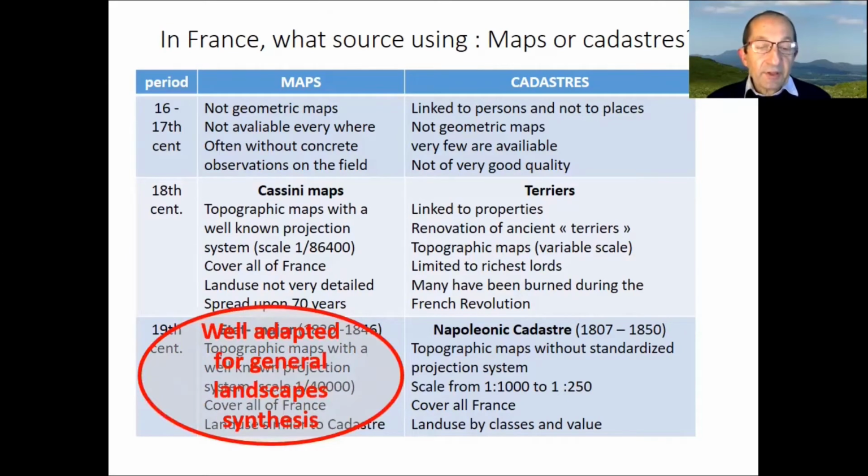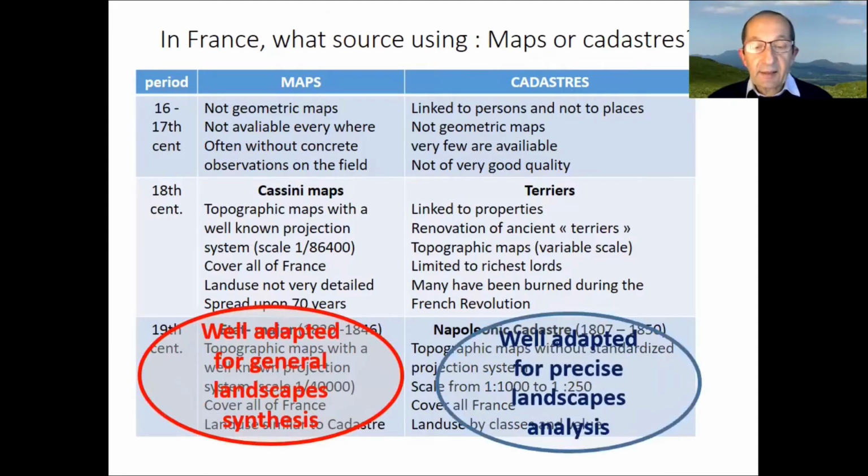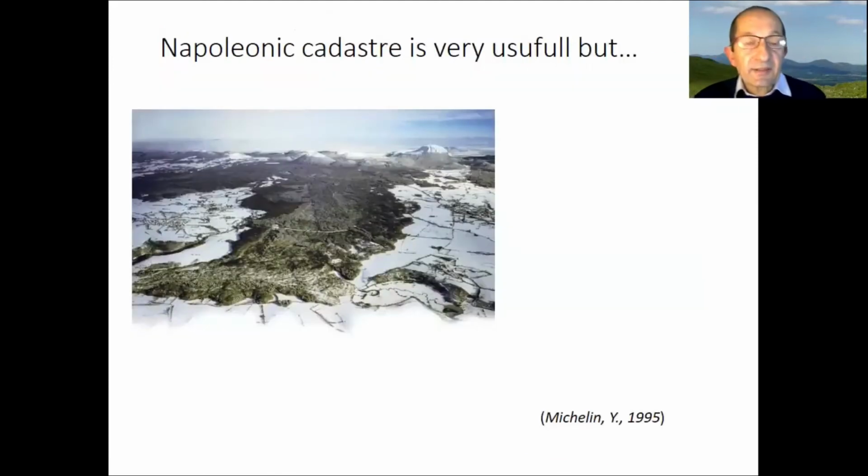So for general landscape synthesis, état-major maps are very well adapted. And if one wants to go deeper and to have a precise landscape analysis at the municipality level, Napoleonic cadastres are more efficient. Just to give an example, I used it in my PhD research a long time ago,